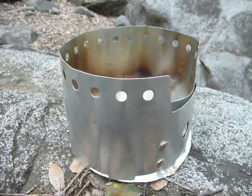It's a very efficient system. All the heat gets channeled up into the pot and keeps the wind away from it, so you don't blow your heat out. And it's just a really nice system. So anyway, that's the Bobcat system